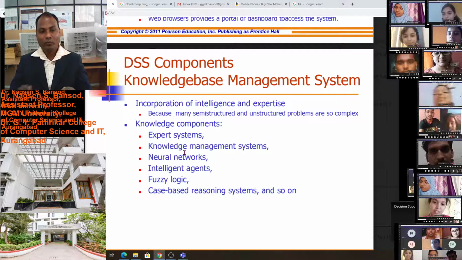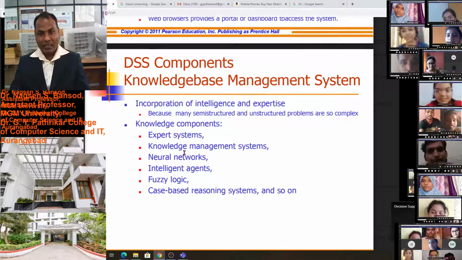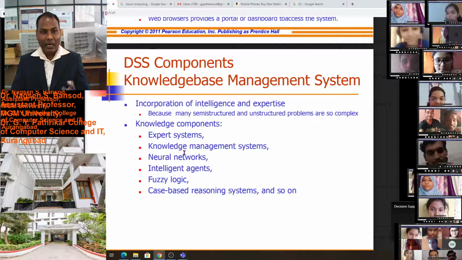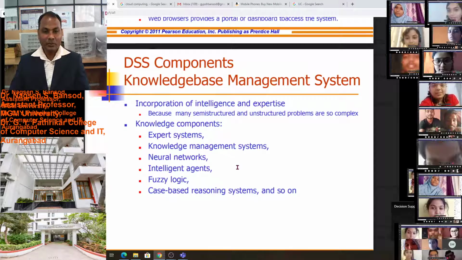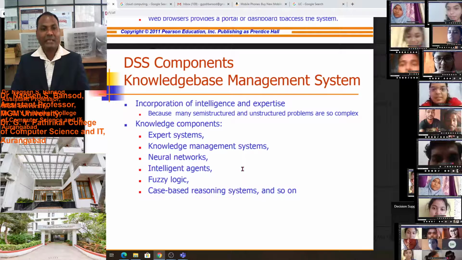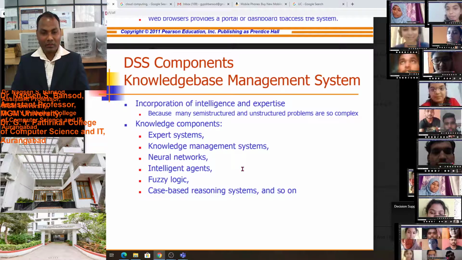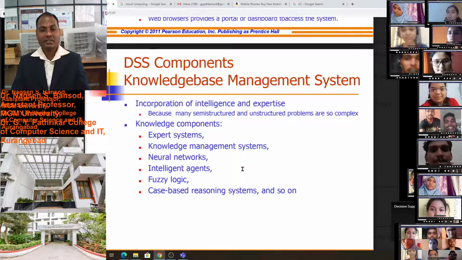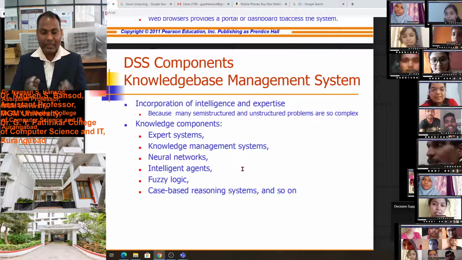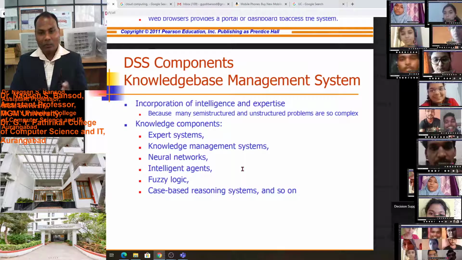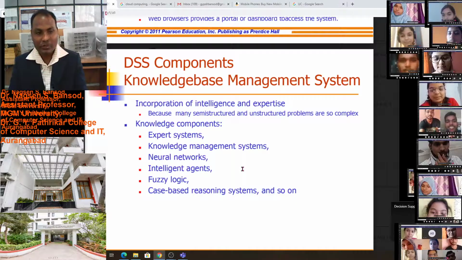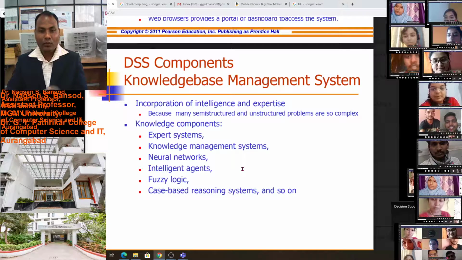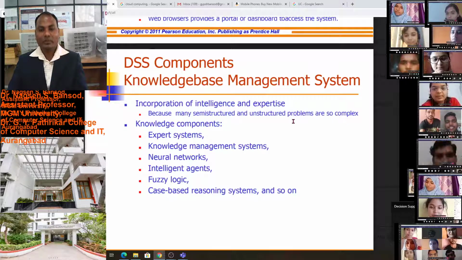Knowledge components are the expert system, knowledge based management system, natural language, neural network, intelligent agents, fuzzy logic, case based reasoning system, and so on, to solve complex problems.